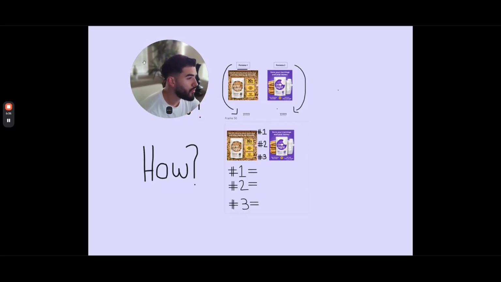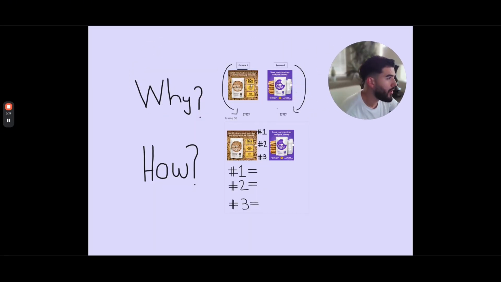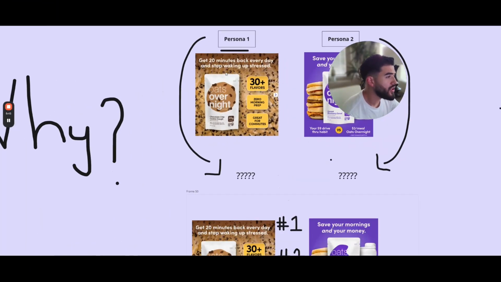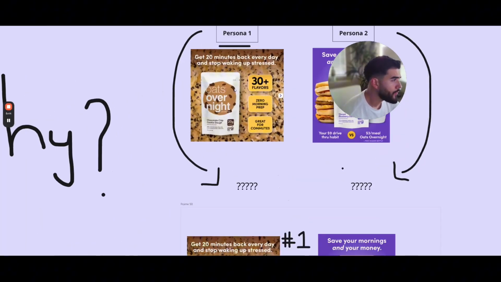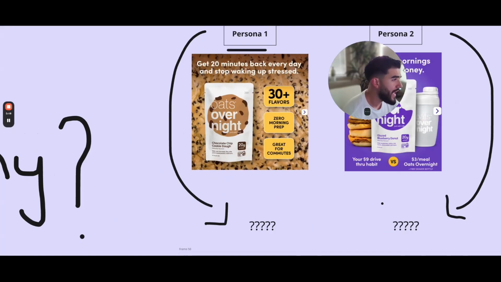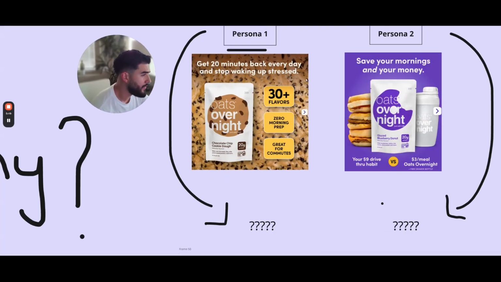So let me explain the first concept on why, and then I'll explain this a little bit more in depth. Let's just look at one ad at a time for now, and you'll see each of these ads is going to talk to a specific persona, right? You'll see this one right here. This is just an example of a company, but insert your company or your ad here, and then we can do the same self-diagnosis.